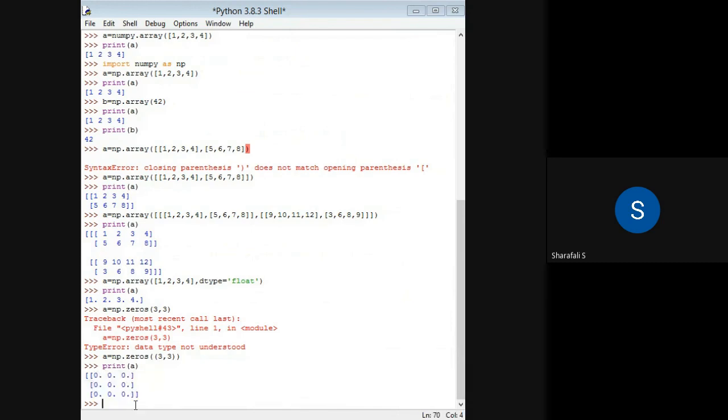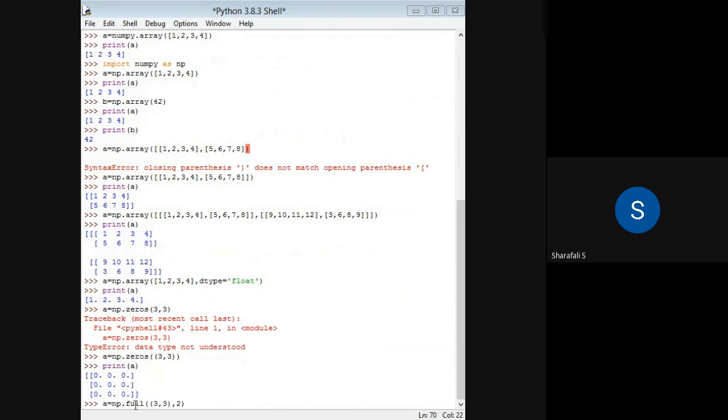You can also use a different function. If you want to have some specific value or element in that particular two-dimensional array, then you can use the full function, np.full, and then specify the shape 3 comma 3 and which element you want to write. It is 2, for example.